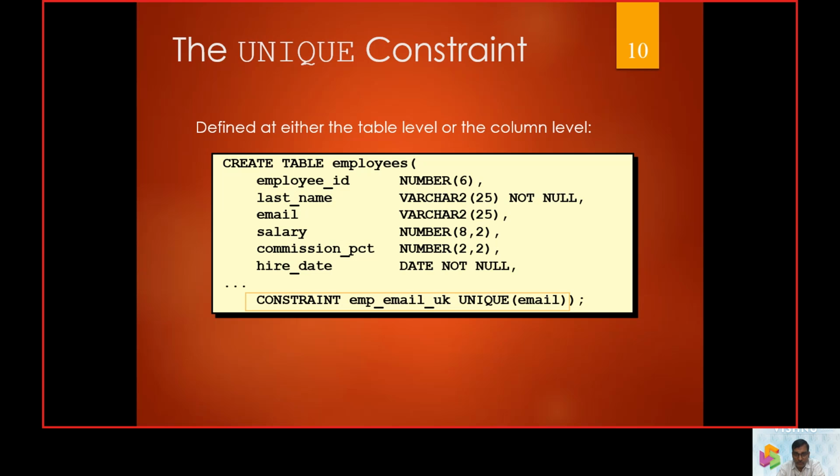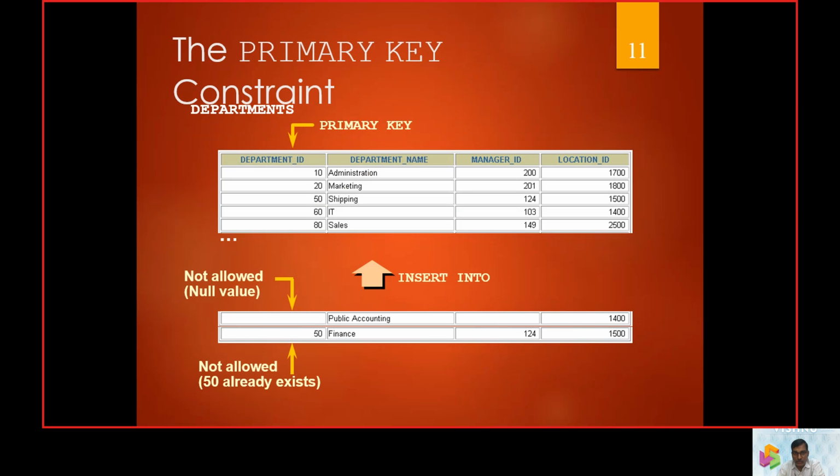So in general, when we talk about a unique key, we don't want that item to be the primary key, but it can be a secondary key. Secondary keys, such as emails, we give as unique. So: constraint employee email unique key, and it is given as unique. This can be treated as a secondary key, and no duplicate values are going to be taken up.